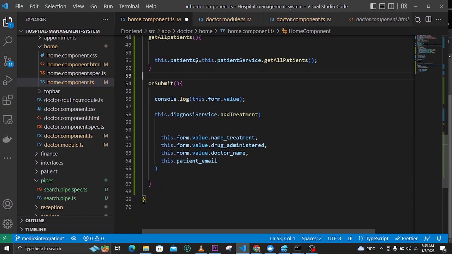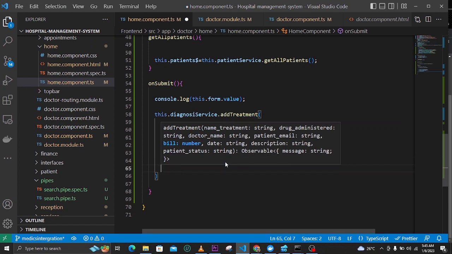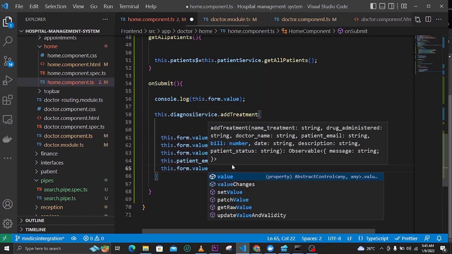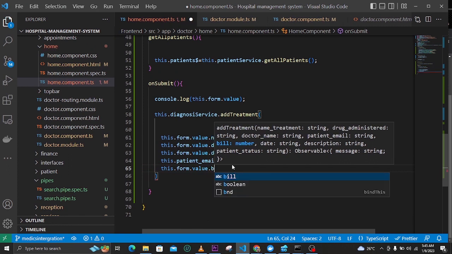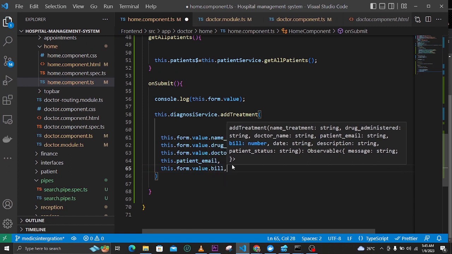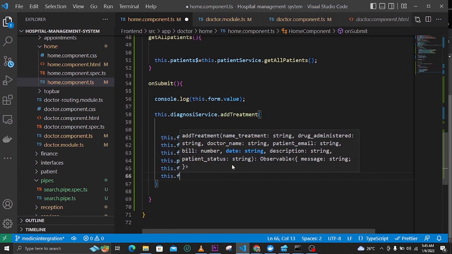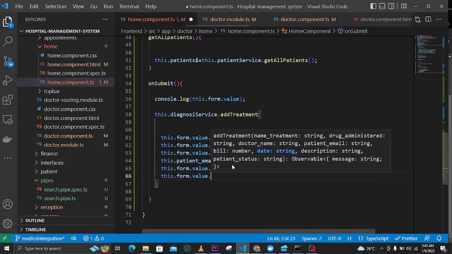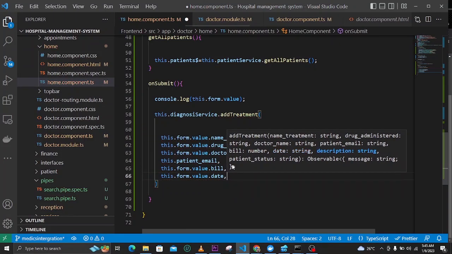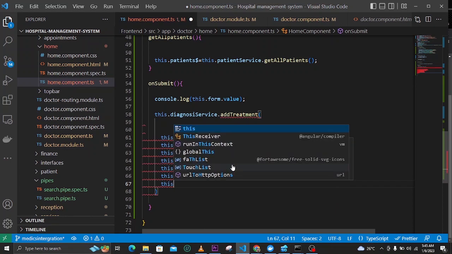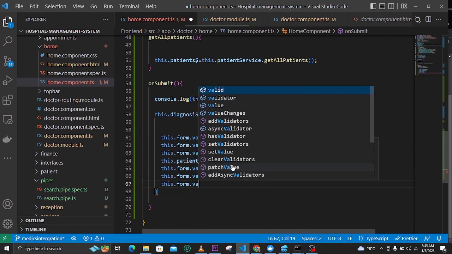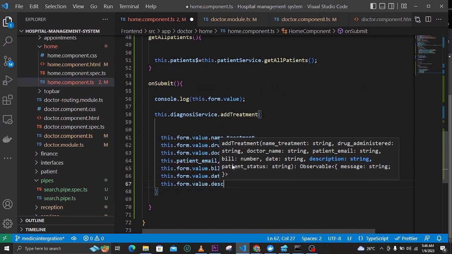So now the other thing that we have is just say this.form, and then .value, and then .bill, just like that. And then the other one is this.form.value, and then .date. And then the other one is this.form here, and we can say value, and we can say description,